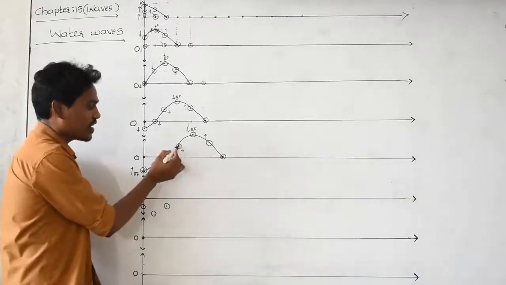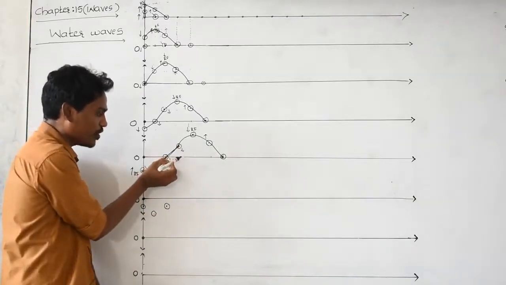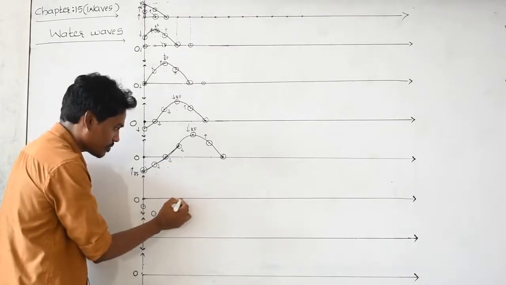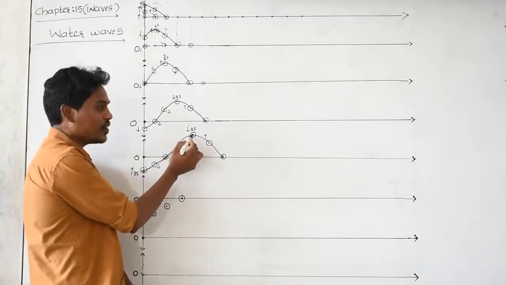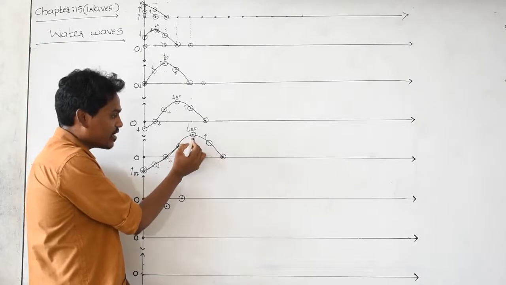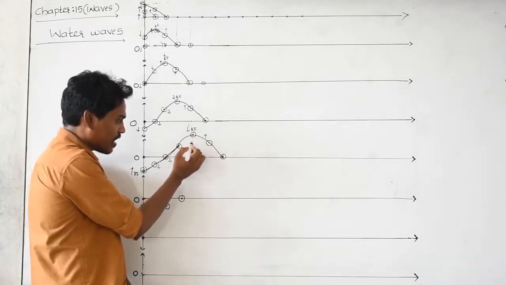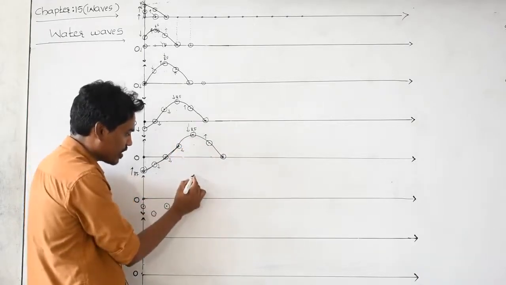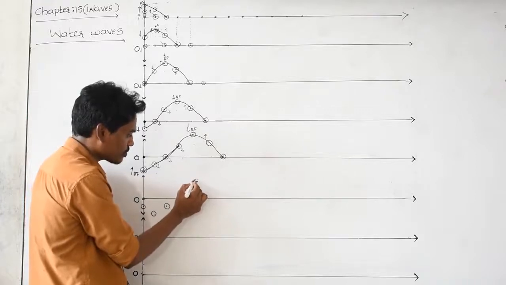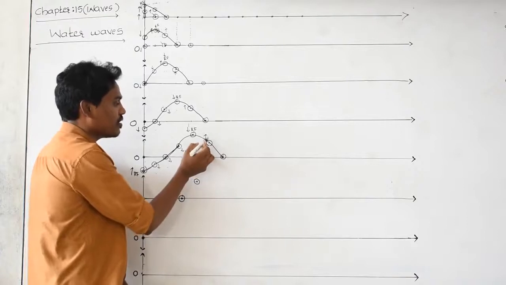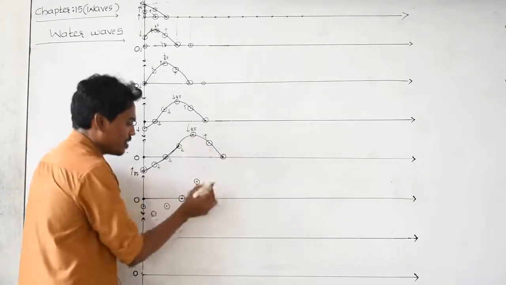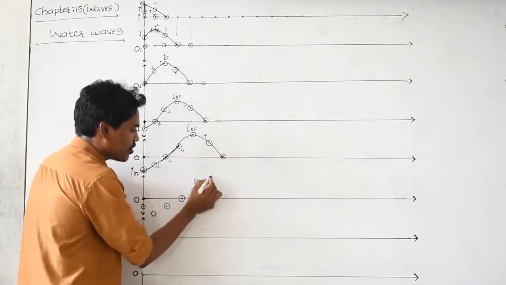And what about this particle? It is reaching from this point to this point. That is this point. And what about this particle? This is at the highest point. Restoring force is acting on this particle. That's why it is coming down. Here to here it is reaching. I am showing that one, here to here. And this is moving from this point to this point. I am showing this point to this point.